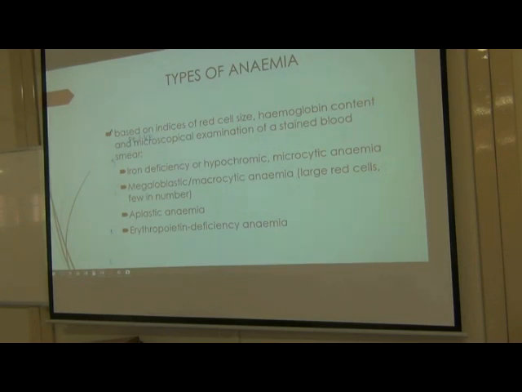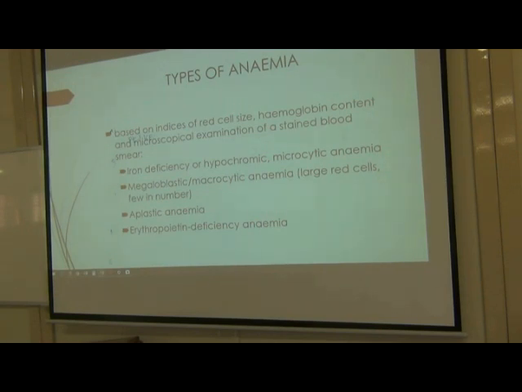And that will be your iron deficiency or hypochromic microcytic anemia. So hypochromic means that the color is not as red as it should be. And then we have, so you understand, if you say someone has iron deficiency anemia,